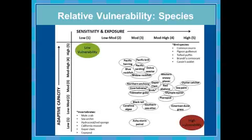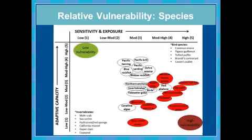Again, the distribution here is pretty variable for adaptive capacity. Sensitivity and exposure, everything was pretty much 2.5 or higher. And then what I thought was interesting, because we have about 30 species here, was to call out the top third. So these are the 10 most vulnerable species according to the raw scores, the raw data. And what's interesting is, with the exception of the pteropod and the ashy storm petrel, all these species utilize our coastal habitats. And so it's kind of interesting to see that the habitat vulnerability